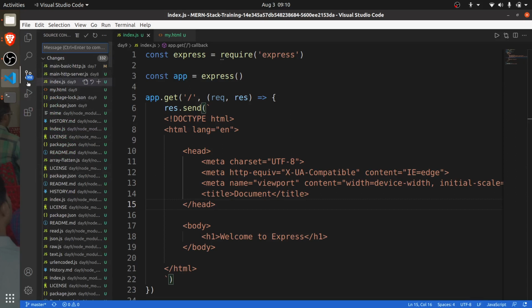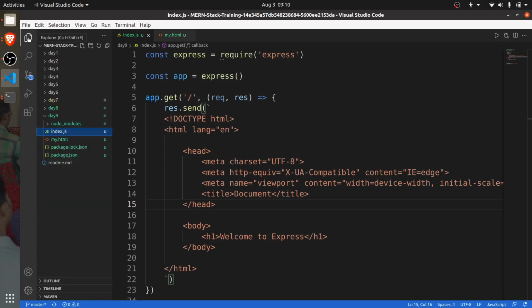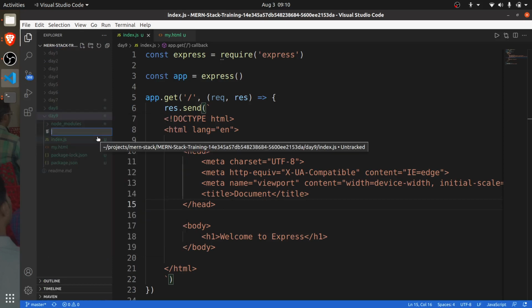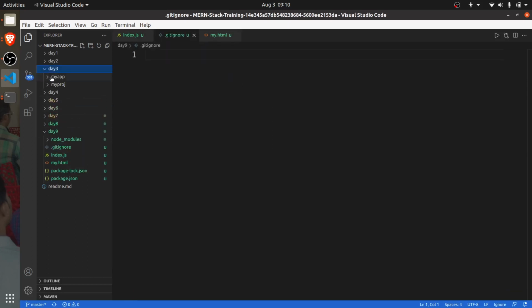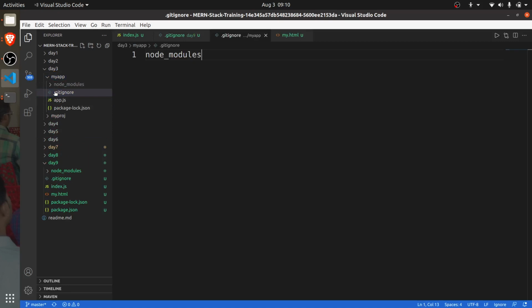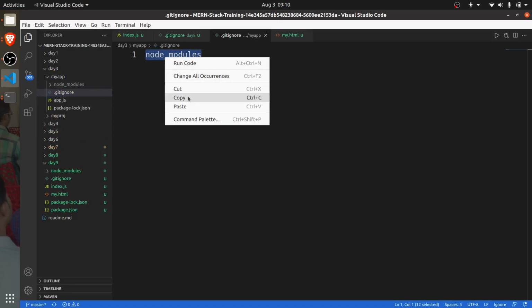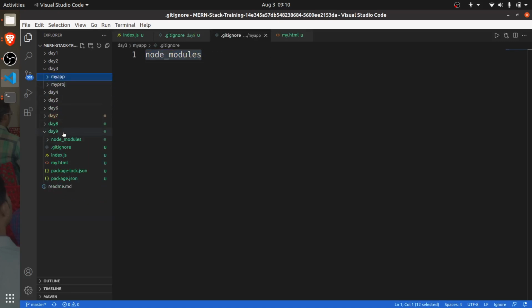Now see here, 332 files are available, which means you have installed the node modules and it is trying to add everything from them. But remember that whenever you add a node module, you should add a .gitignore. Can you see? Here I have added .gitignore, because you are saying that don't add these node modules.